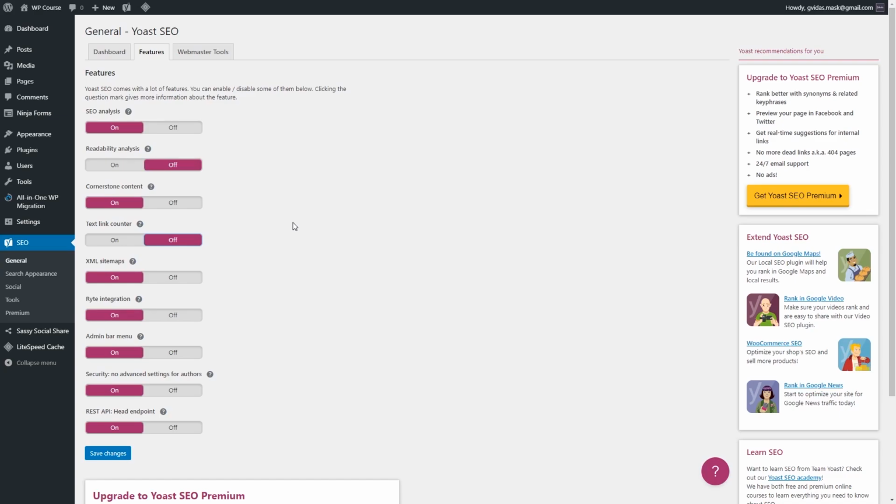So we can disable this option, and let's go and disable admin bar menu, because we don't really need this bar menu to be right here in this position, because we will not be using this plugin so often, so there's no need to have it. So once you have done this, just click Save Changes, and from here we can go to Search Appearance,